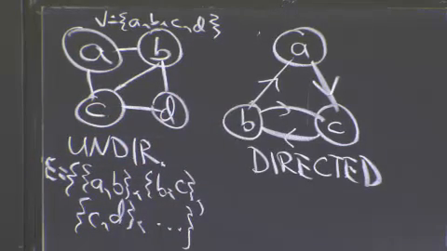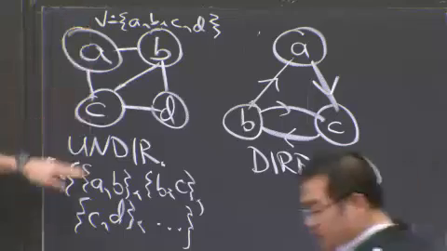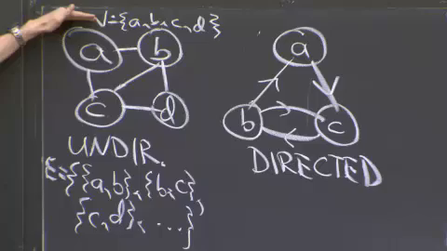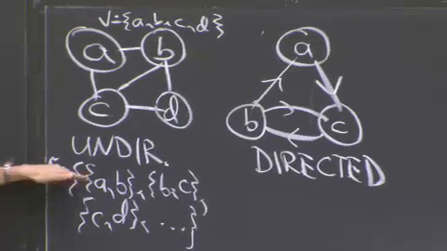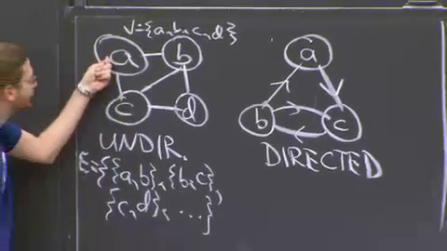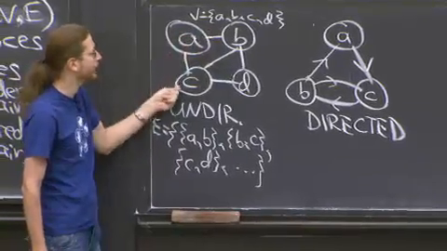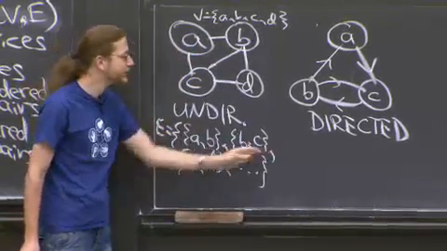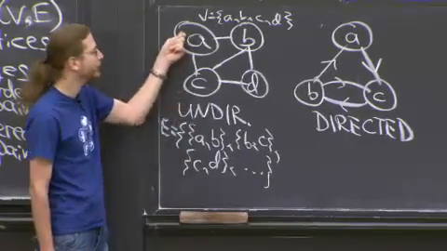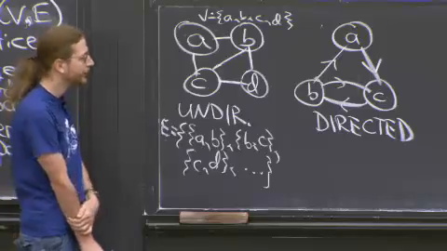One of the issues we're going to talk about in this class is how do you represent a graph like this for an algorithm? So it's all fine to say, oh, this is a set of things, this is a set of things. An obvious representation is you have a list or an array of vertices. You have an array of edges. Each edge knows its two endpoints. That would be a horrible representation for a graph, because if you're at vertex A and you want to know, well, what are the neighbors of A, B, and C? You'd have to go through the entire edge list to figure out the neighbors of A. So spend linear time just to know where you can go from A. So we're not going to use that representation.